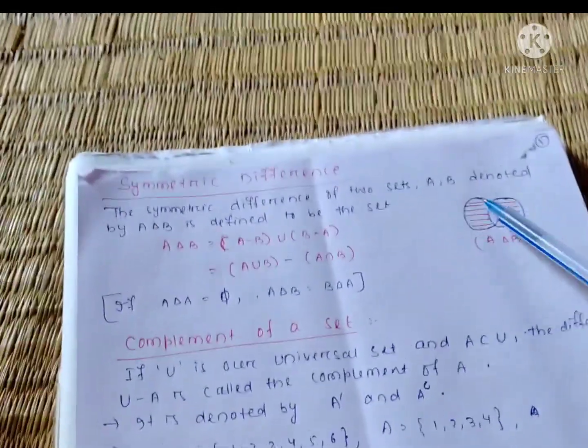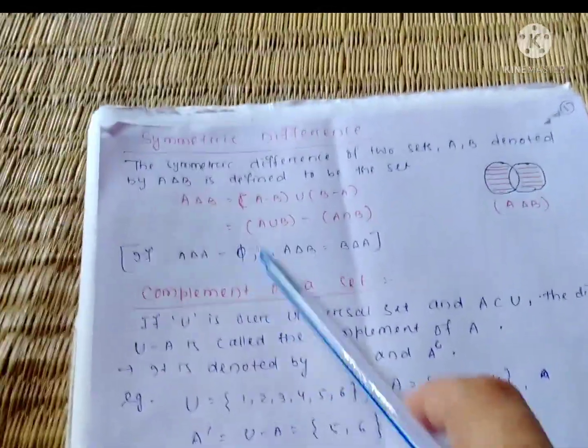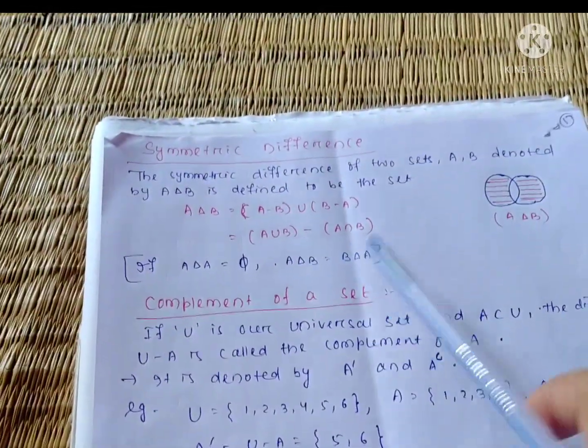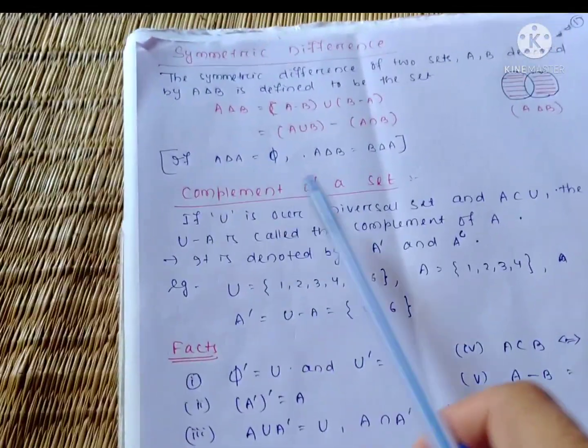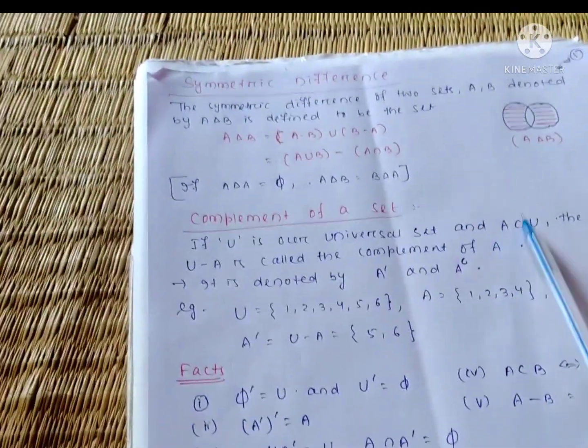तो A डेल्टा B का वेन डायग्राम कुछ ऐसा होगा, A minus B union B minus A. If A delta A equal to φ, then A delta B equal to B delta A. एक इम्पोर्टेंट नोट है. Complement of a set: if U is our universal set and A is a subset of